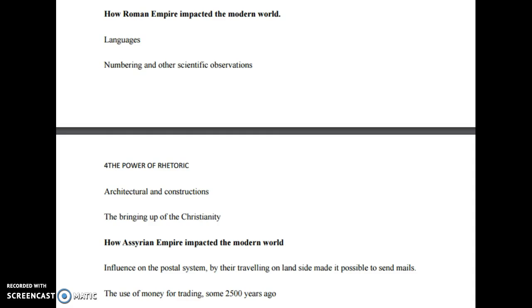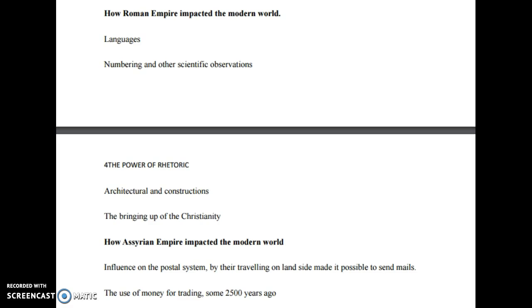Another impact from the Roman Empire is numbering and other scientific observation. The language we use today, the alphabets, they all originated from the Roman Empire. That's the English alphabet. Looking at it again, we use the Roman numbers and also other scientific observations. The Roman calendar, we normally talk of the Roman calendar. That is a year with 365 days, with 12 months, and with all these other seasons or quarters we observe